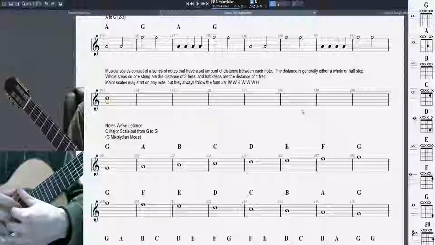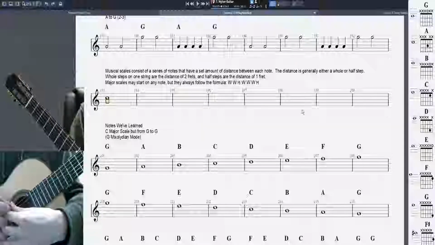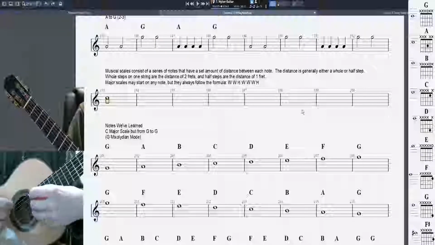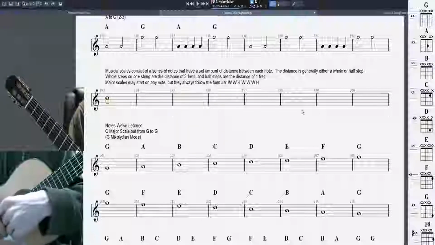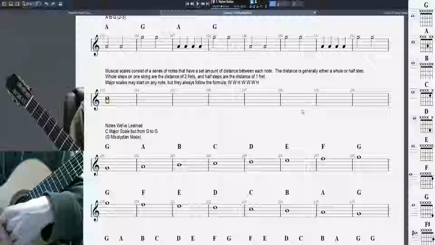Usually. Depends on what strings we're on. So just keep this pattern in mind for staying on one string, because then it's always true. Okay, so